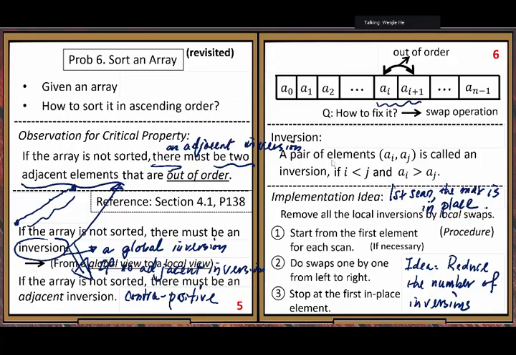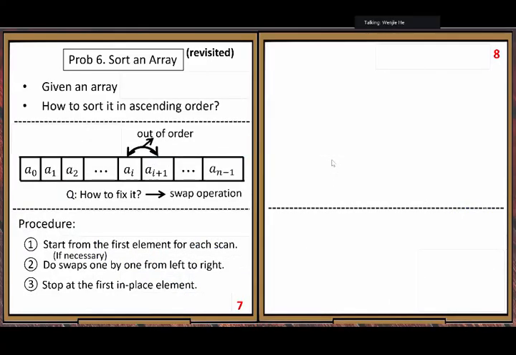So then we keep doing that. Every time we put the current largest element at the end. So then eventually we will put all the elements in place. That's the idea. So this algorithm